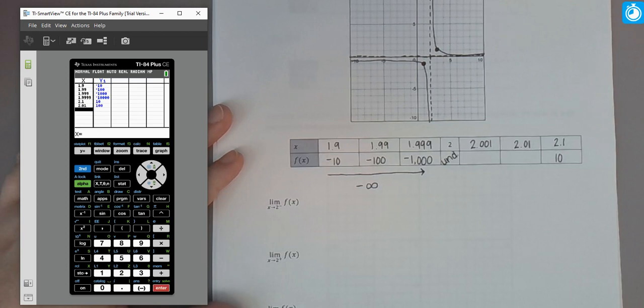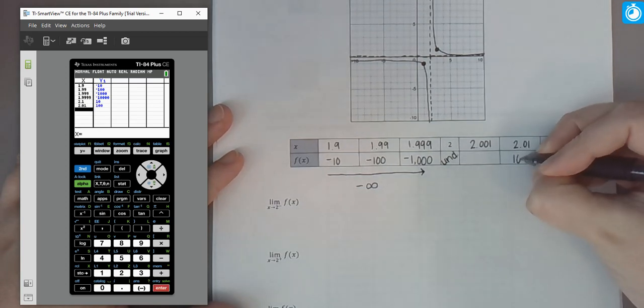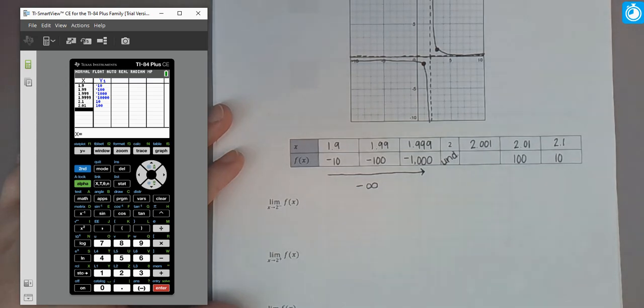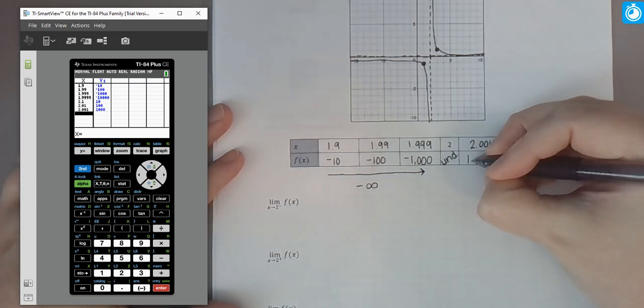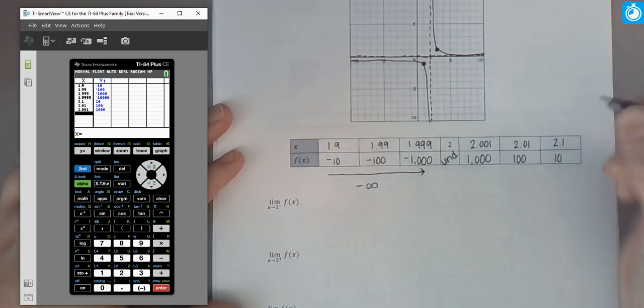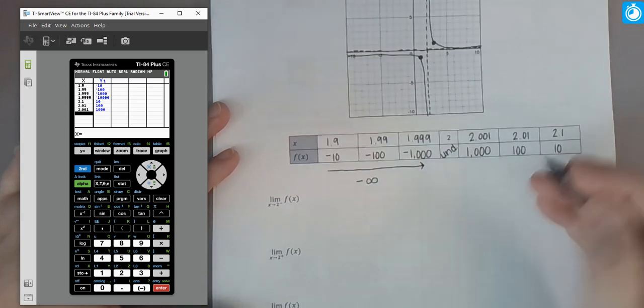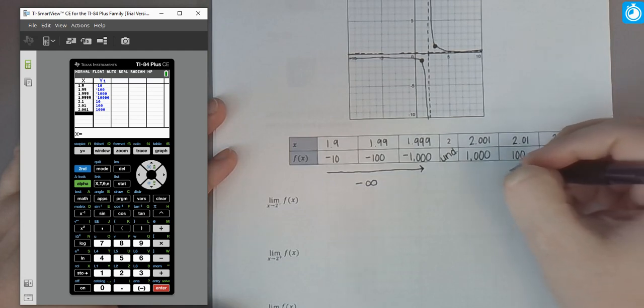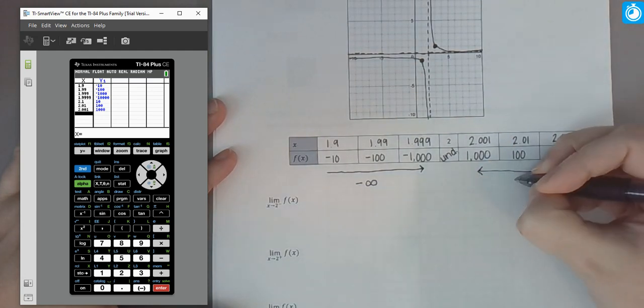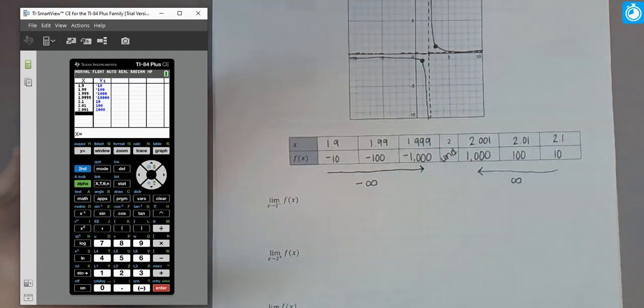2.01, the associated output is 100. And then 2.001, the associated output is 1,000. So notice mirroring values, and you'll see the same thing if we keep going. The numbers are getting bigger and bigger and bigger, but now they are positive numbers, so we're approaching positive